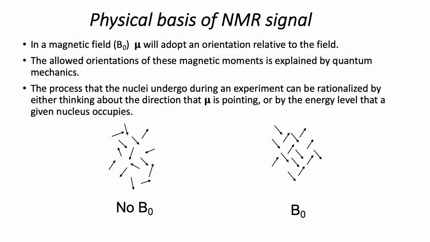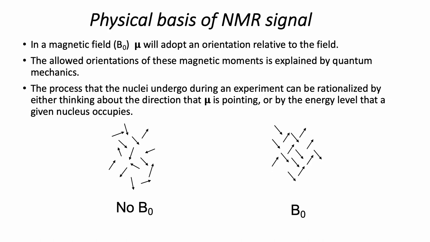So what's the physical basis of the NMR signal? In a magnetic field, all those little magnetic moments are going to adopt an orientation relative to that field. The allowed orientation of these moments is going to be explained by quantum mechanics. Luckily, we don't have to really get into that. And the process that nuclei undergo during an experiment can be rationalized in 2 ways. You can think of it in terms of vectors, so which way those little magnetic fields are pointing, or you can think of it in terms of the energy levels that the nuclei adopt when they're put in that magnetic